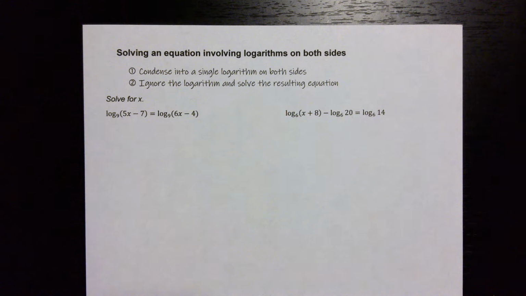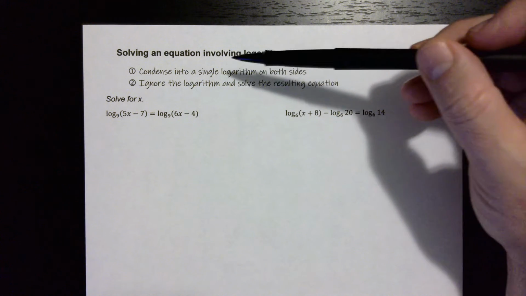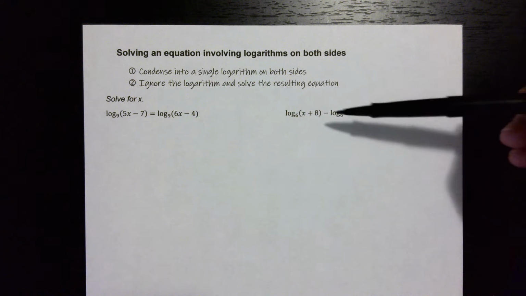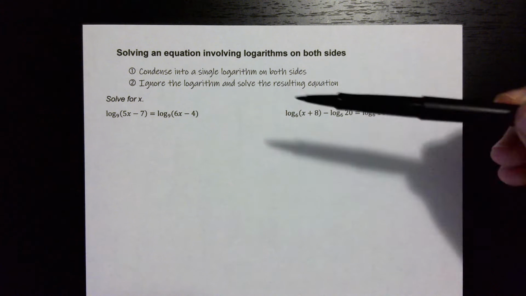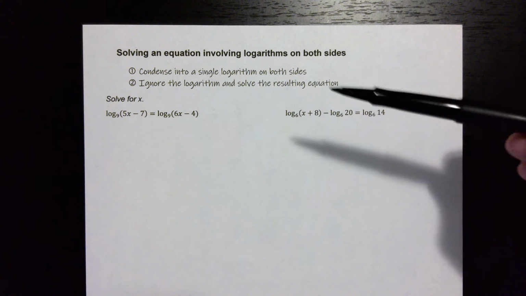In this video, we're going to be talking about solving an equation involving logarithms on both sides. So we have two steps. We want to condense any multiple logarithms on either side into one logarithm. So in other words, like this example here has two, we'll combine that into one. And then we will ignore the logarithm, and I'll show you why we ignore the logarithm, and then solve the